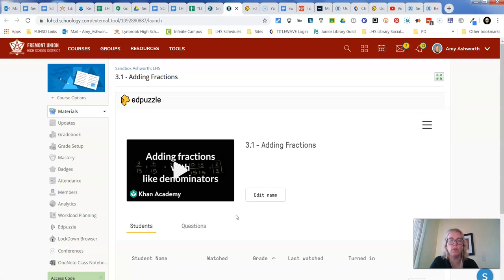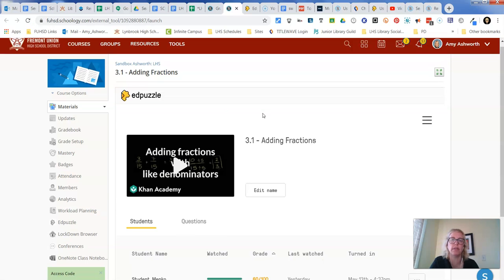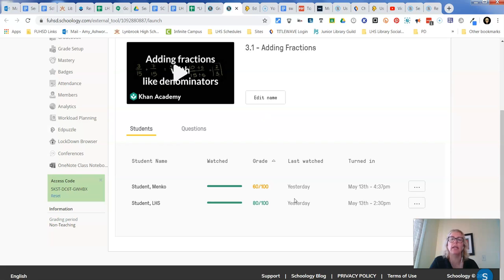Now, if you have problems, always remember that you can click the refresh button. Sometimes it takes a little while for things to get pulled up. As you can see, I have 2 items here that have already been scored. Now, the other cool thing about this is that I have the option to reassign. So I'm going to do that for student LHS so you can see what it looks like from the student